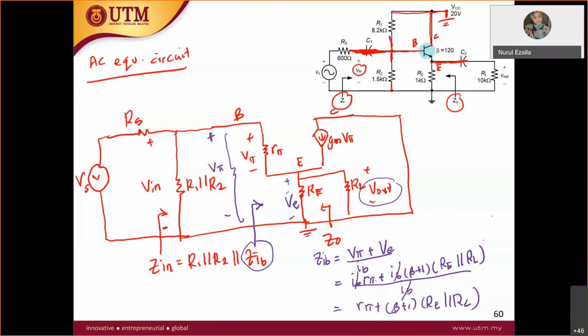All right, so you parallel everything there. R1 parallel with R2, parallel with Z in B. So you should get this one. Can someone calculate Z in B for me? How much is the Z in B over here? Doesn't matter, I have the answer. So Z in B is equal to